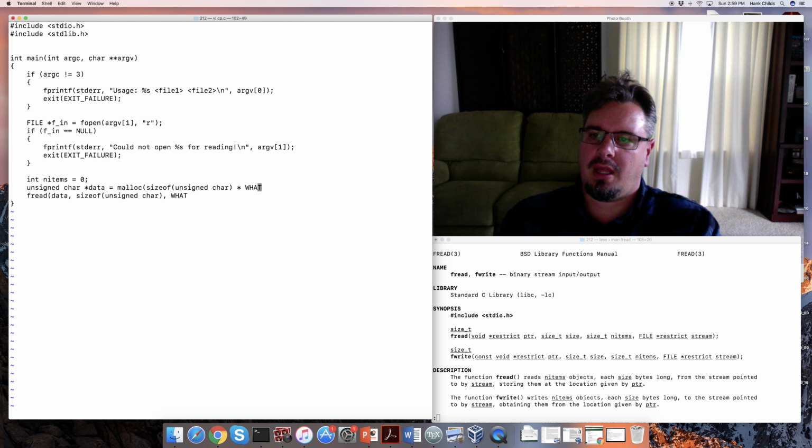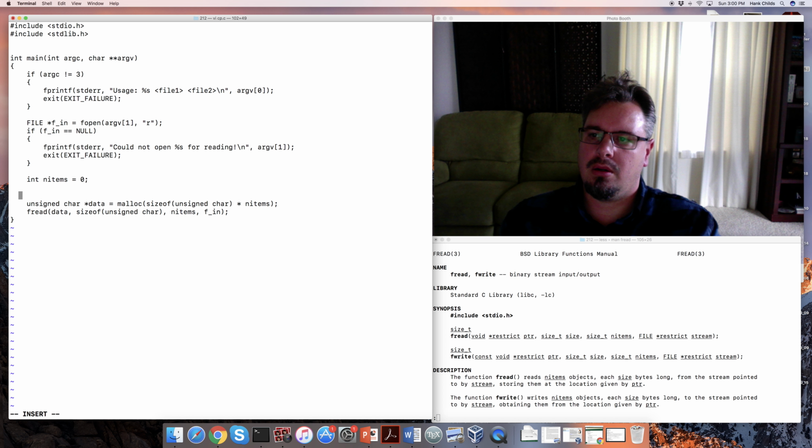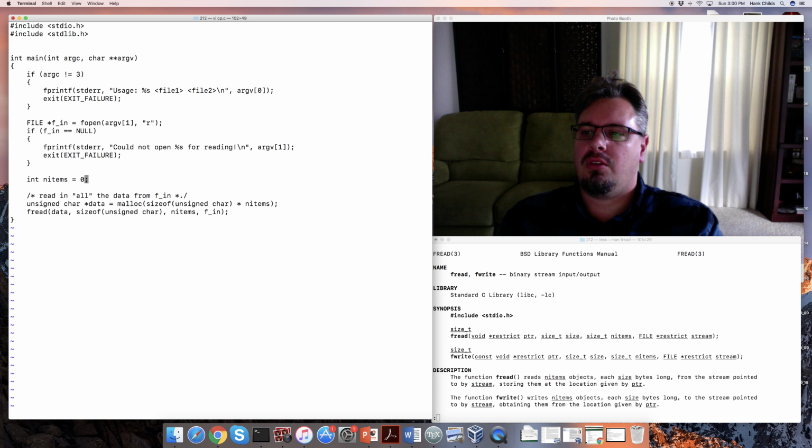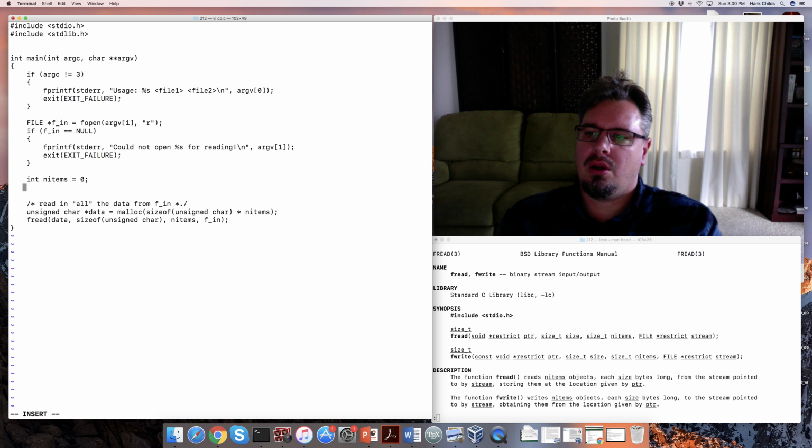And so that's really our problem, is that we don't know how many items we need. So we can almost read all the data in. See, this code right here will read in all the data from fn. The problem is that it only really reads in all of it if we know how many items to read, and we don't know. And so that's why we needed this trick where we did an fseek,